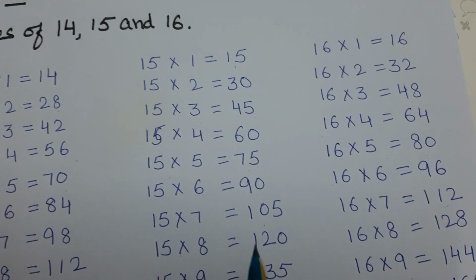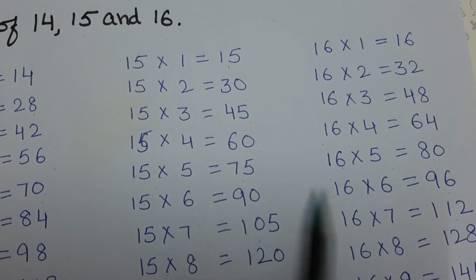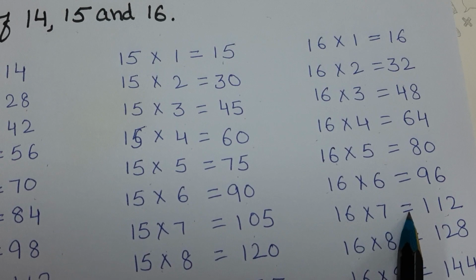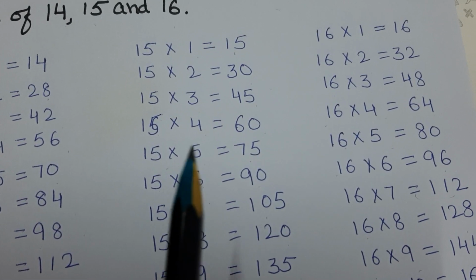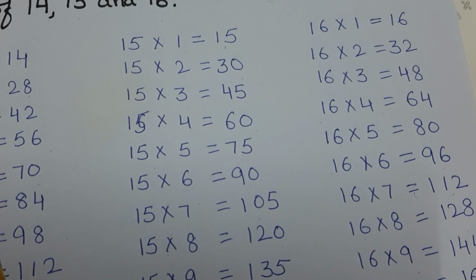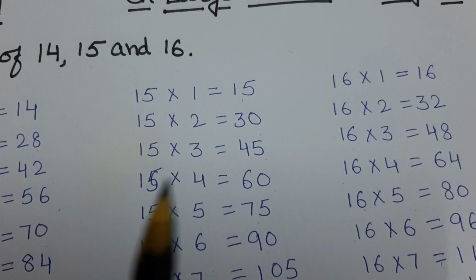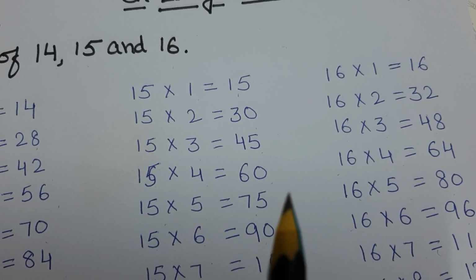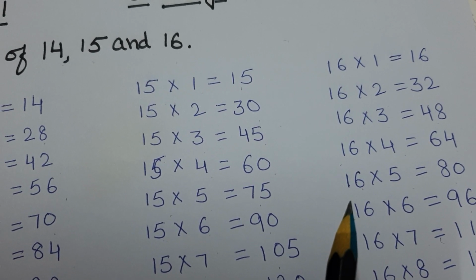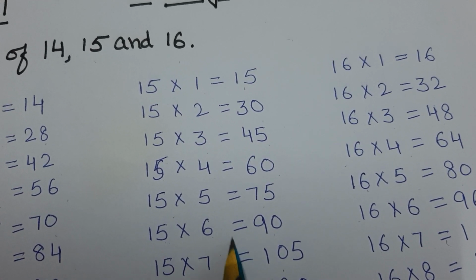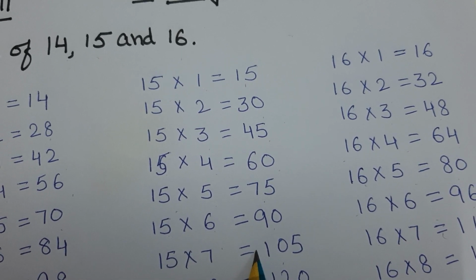So students, from today onward, now you will write these three tables twice every day. Okay, but don't forget to revise previous three tables. Previous three tables means 11, 12 and 13. Now daily you will write one time only by your own. Okay, and these three tables now you will write twice in a day.